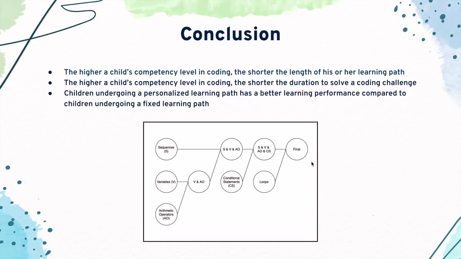To conclude the presentation, the higher a child's competency level in coding, the shorter the length of his or her learning path. The second one is the higher a child's competency level in coding, the shorter the duration to solve a coding challenge. And children undergoing a personalized learning path has a better learning performance compared to children undergoing a fixed learning path. So, looking into the future work of this research, the knowledge graph which was derived previously could